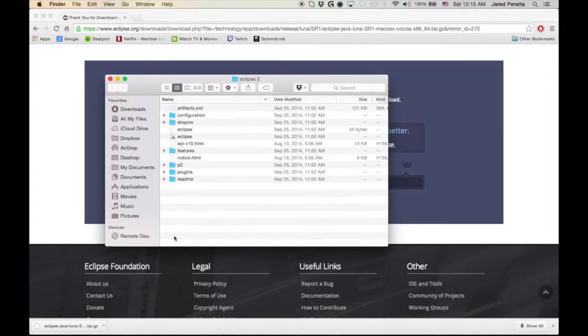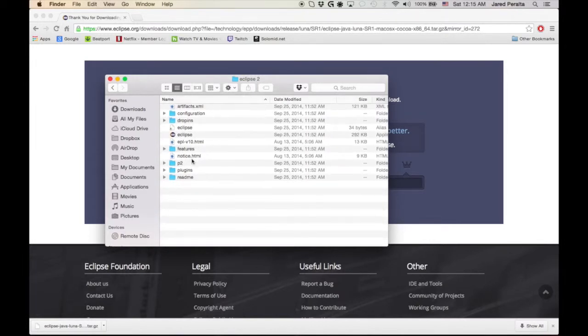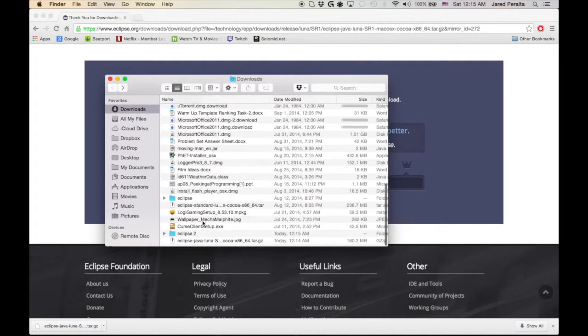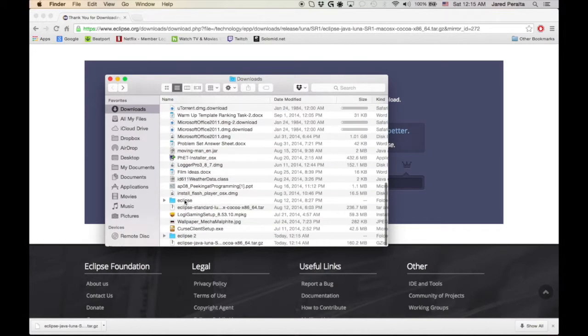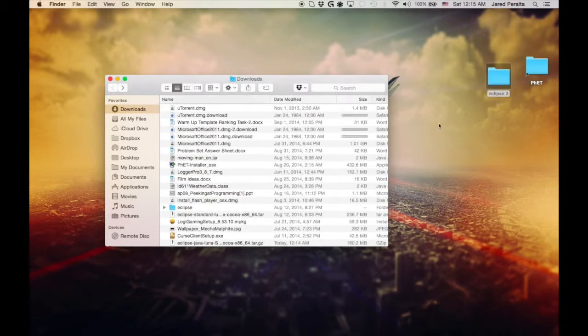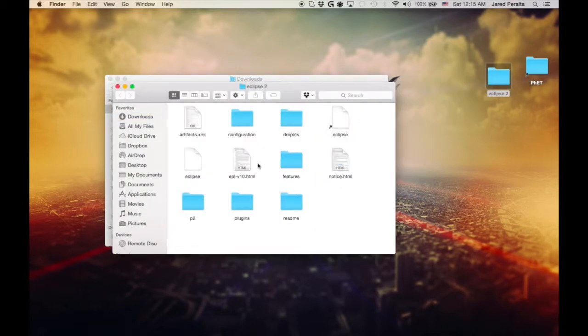And so this folder is gonna be your main folder that contains all the Eclipse files. Mine's called Eclipse 2 simply because I've already downloaded Eclipse, but yours will probably say just Eclipse right here. And from this folder you can move it to wherever you want, store it to whatever other folder you want. I'll just move it here. And from there,